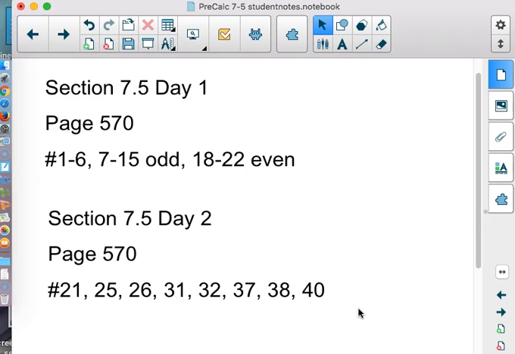Do we need a graph? Yes, absolutely for this one. Yep, all kinds of graph paper over there. Help yourselves. 7-5. Almost everything they ask you to do, you're going to have to